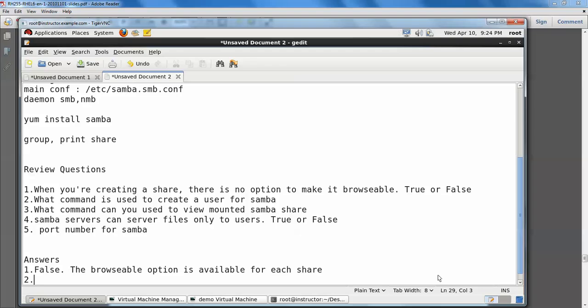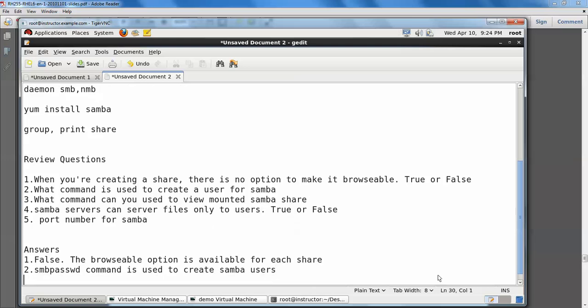Second one, what command is used to create a user for Samba? smbpasswd. This command is used to create Samba users. Third one, what command can you use to view mounted Samba shares? smbstatus.